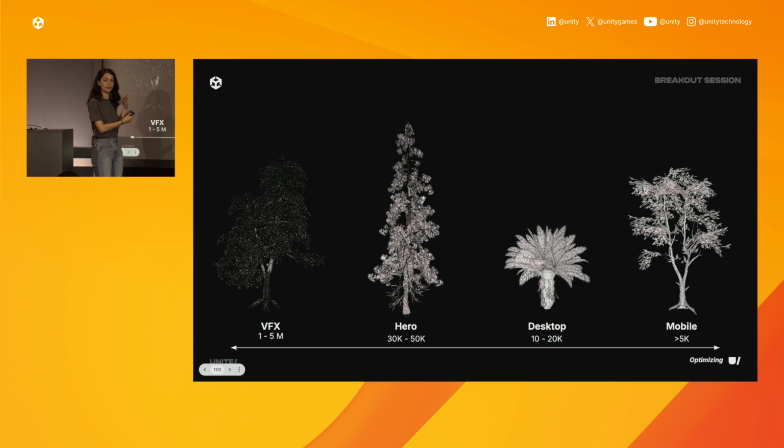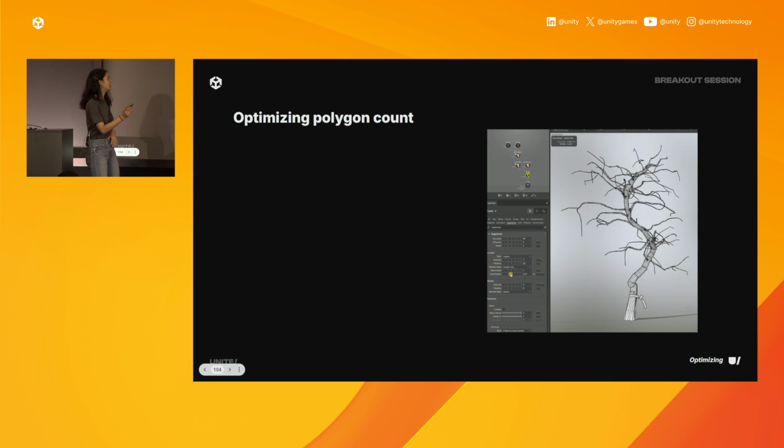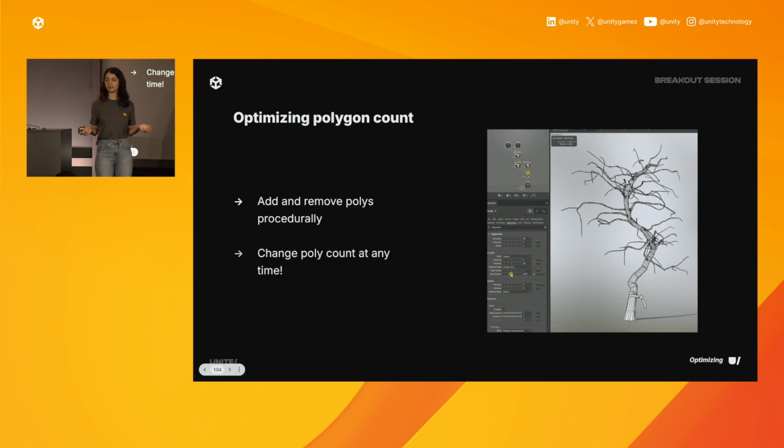So how do we actually go between these different segment counts? Well, you guys already know we're working procedurally. So it's the same thing for the segment counts. We are sliding our sliders and our polygons are being added to our branches, to our trunk, or being removed. SpeedTree also has some special properties that help us even more. You see in the GIF here, this is the optimization slider in action. And I love it because it detects where the bends are in your model, keeps the polygons there while cutting out the polygons in the straighter parts of your model. So it's essentially giving you the best bang for your buck.